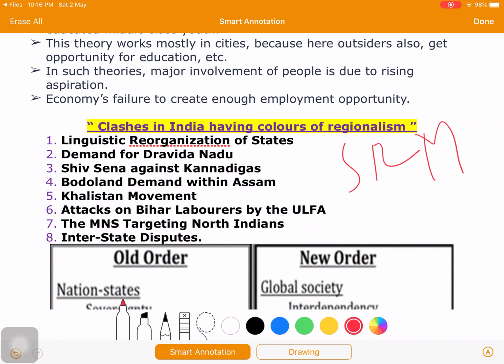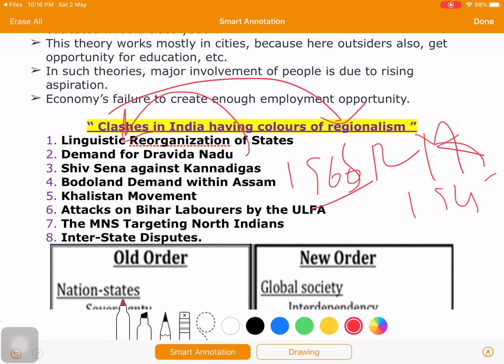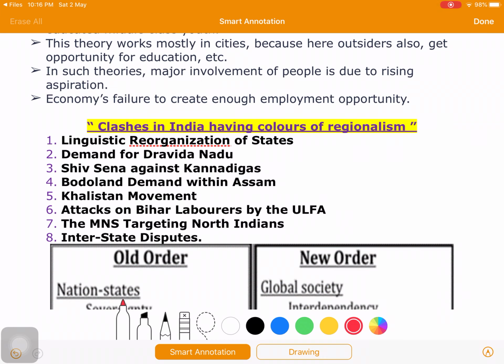And still it is existing in our South India. So DMK directly pressured the central government to divide the South Indian states from the Union of India. And this type of demand of Dravida Nadu is also seen as a mass clash right from 1925 with the name called self-respect movement till the 1960s, and even today it is existing, which is also one of the causes for regionalism in India.